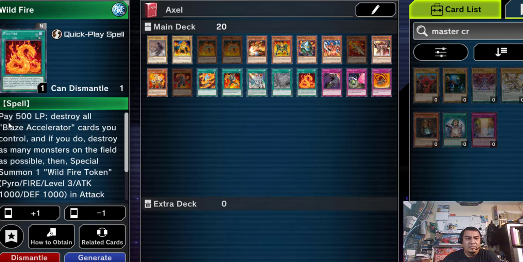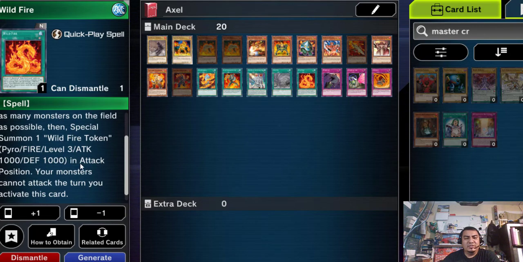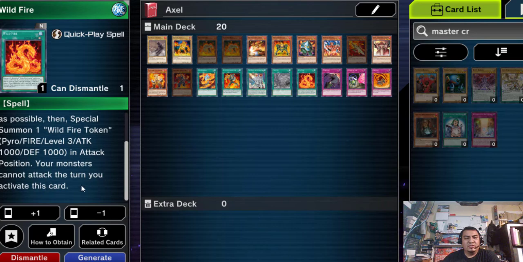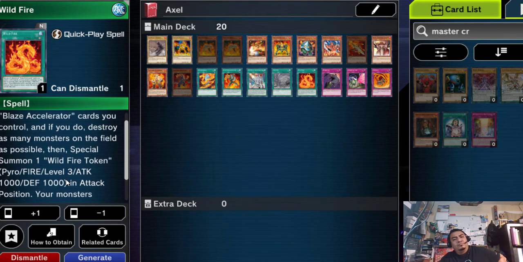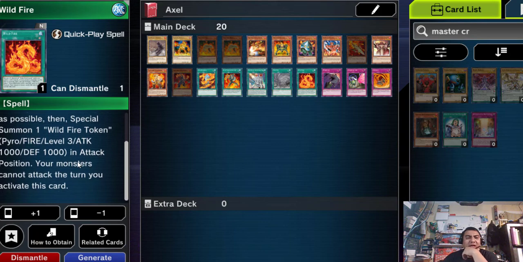Wildfire: pay 500 life points, destroy all Blaze Accelerator cards you control, and if you do, destroy as many monsters on the field as possible. Then special summon one Fire Token, Pyro, level 3, 1,000 attack and defense. Your monsters cannot attack the turn you activate this. It's a quick effect, so that's cool. If you have no monsters, I guess that'd be pretty cool. I guess I don't know. I don't really see